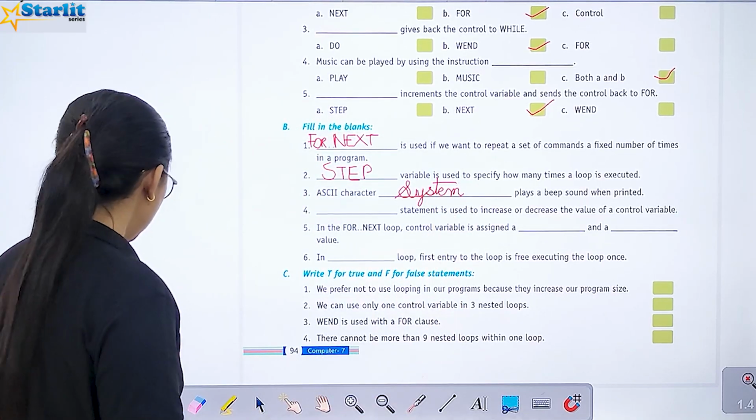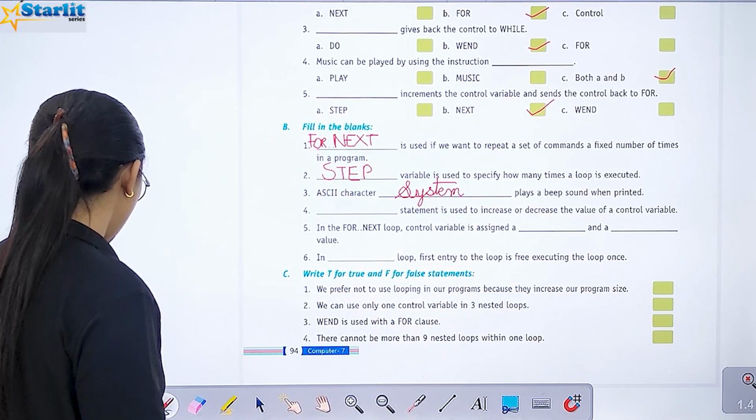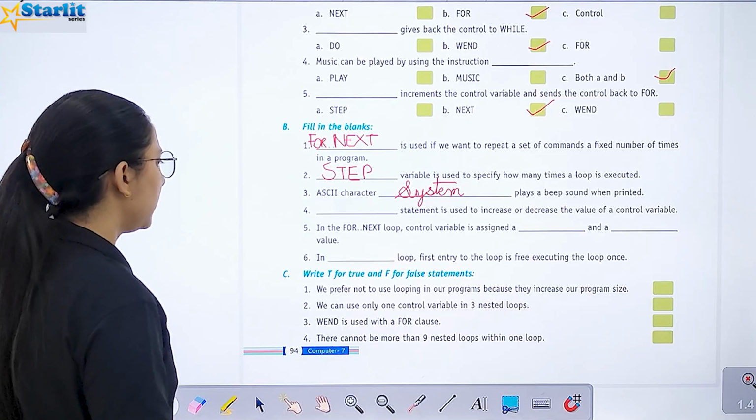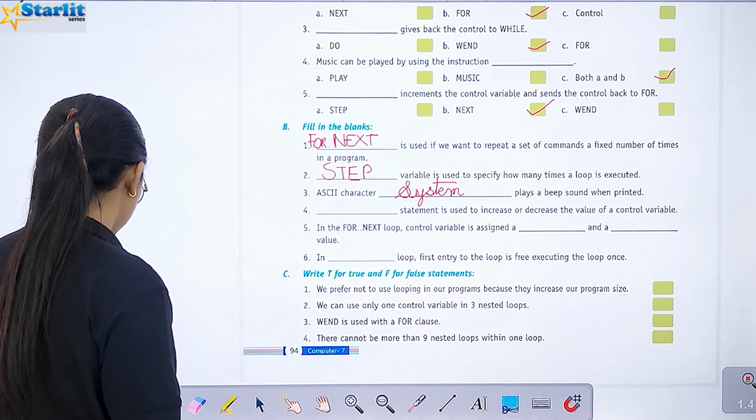A dash statement is used to increase or decrease the value of the control variable.